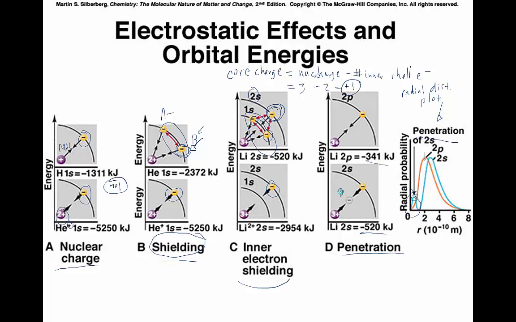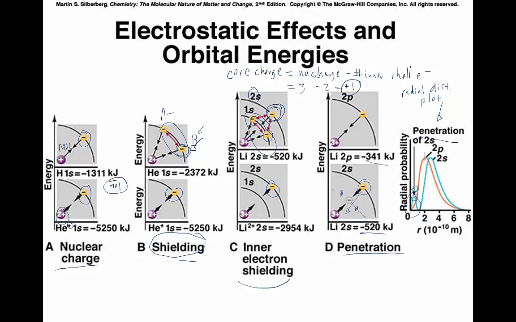So if there are any other electrons in lithium that happen to be closer to the nucleus, those inner shell electrons, then it's possible, because of the magic of quantum mechanics, that this 2s electron has a probability of getting itself really close to the nucleus, penetrating inside where these inner shell electrons are. And that effect lowers its energy. So we call that a penetration effect,